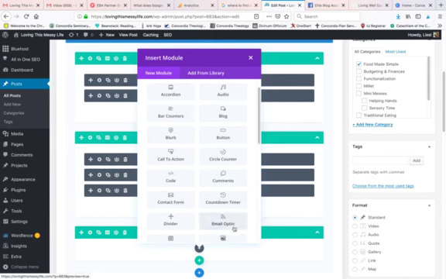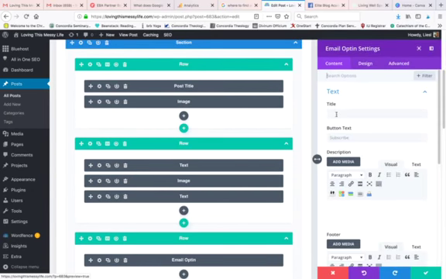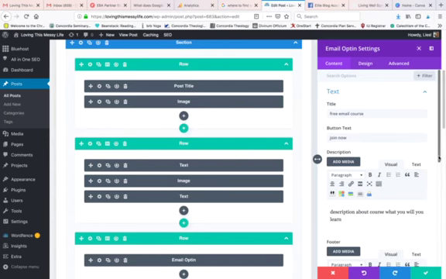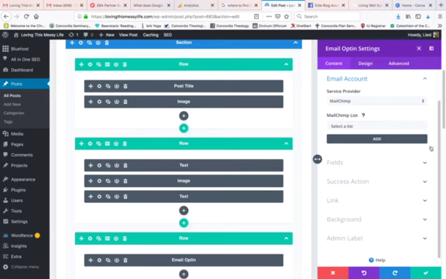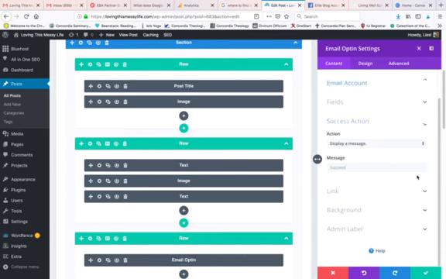So I'm going to add an email opt-in at the end of this post. And let's just say it's a free email course. I'm going to click join now. And then I can add a little description about the course, what you will learn. You can add a footer if you want to add a footer. And then here you can enter your email account, select your list, all that kind of stuff. And then you can also change your success